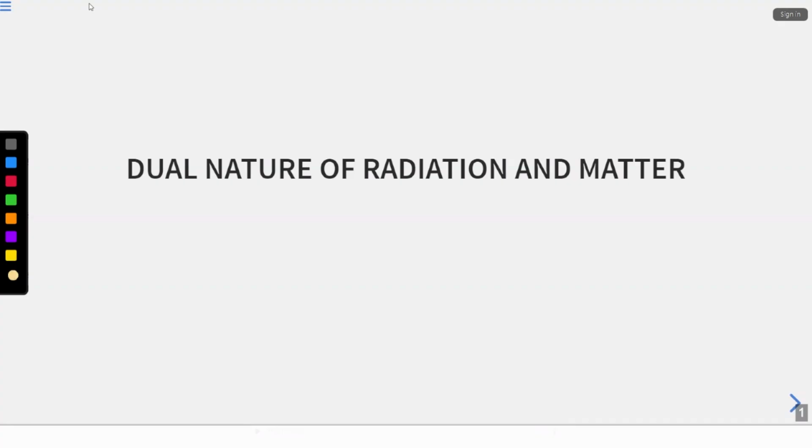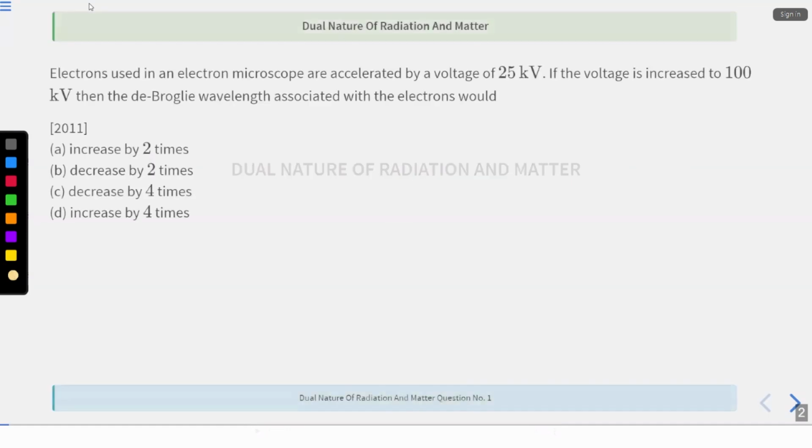I'm pursuing my BTech in computer science, and today I'll be covering PYQs on the topic dual nature of radiation and matter. Okay, so the first question is, electrons used in an electron microscope are accelerated by a voltage of 25 kilovolt. If the voltage is increased to 100 kilovolt, then the de Broglie wavelength associated with the electrons would be. Okay, so they are telling that the voltage initially was